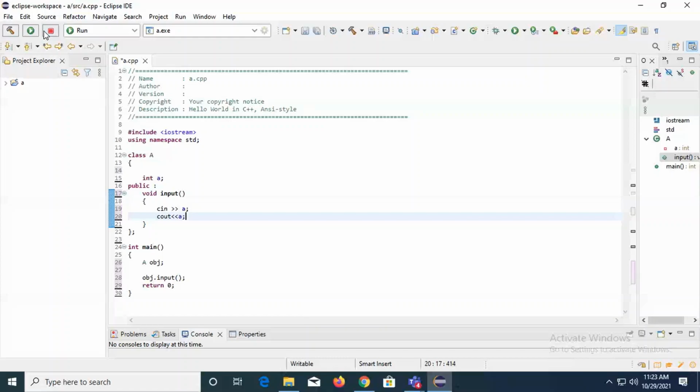And this is a definition. So data type I will write, class name I will write, scope resolution, name of my variable is a, and I will just initialize with some value, 100. So this is definition.